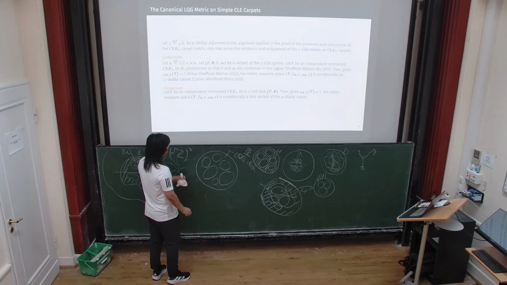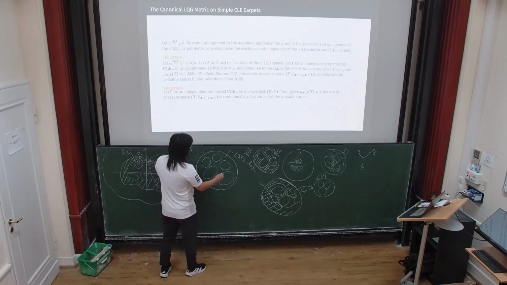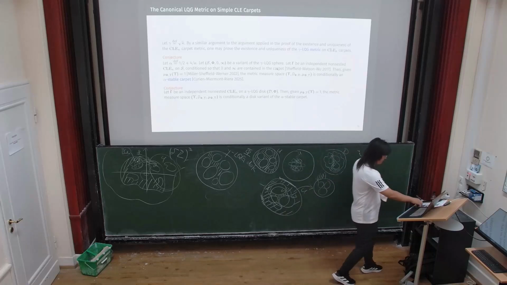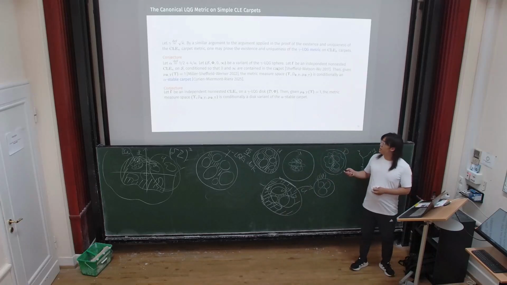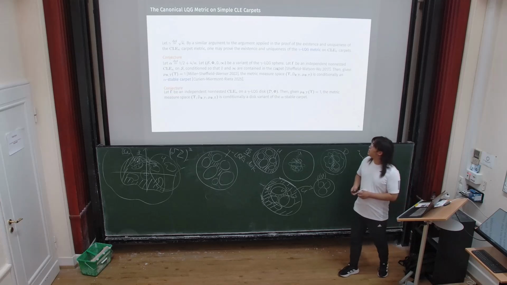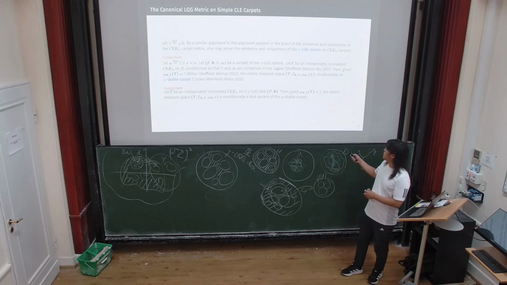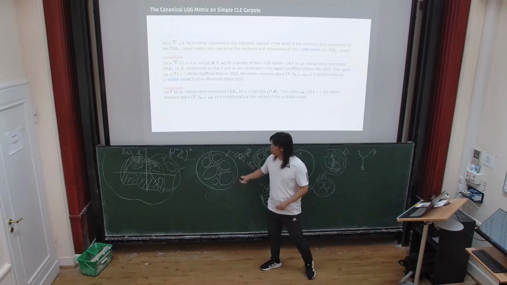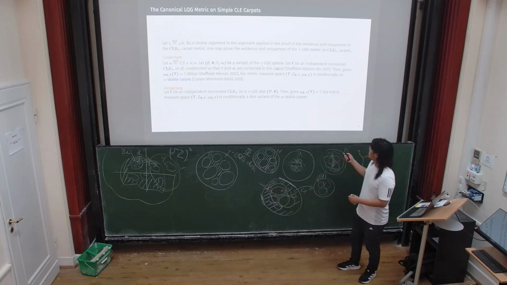And then there will be a natural quantum gravity measure on this carpet, which is constructed in a paper by Jason, Scott and Wendelin. And if we condition on the event that this LQG measure on this carpet is equal to 1,